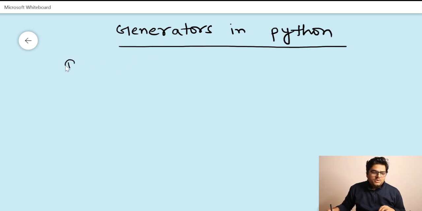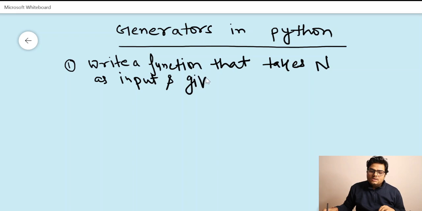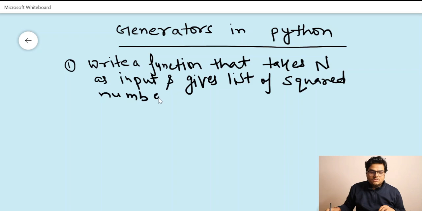For example, I want you to write a function that takes n, an integer, as input and gives a list of squared numbers from 0 to n.